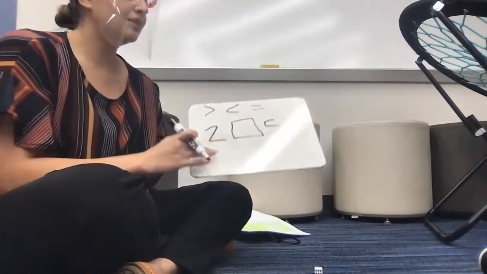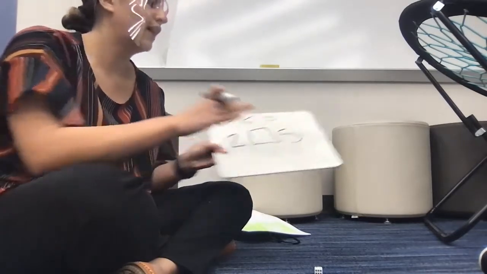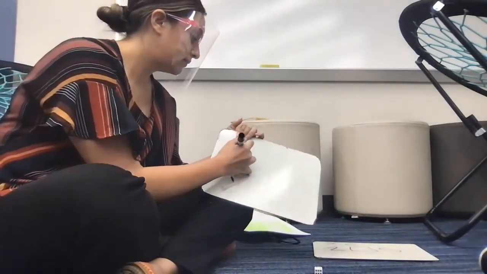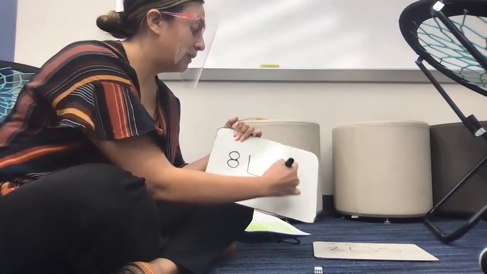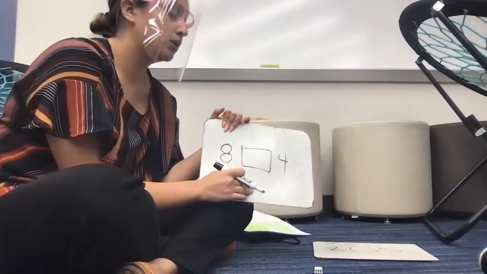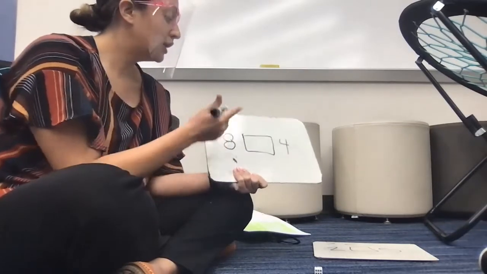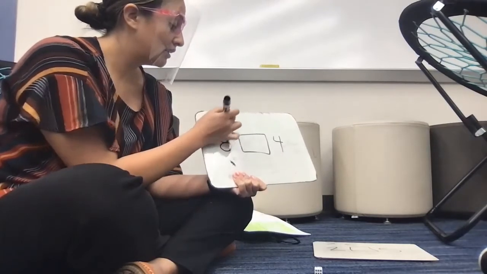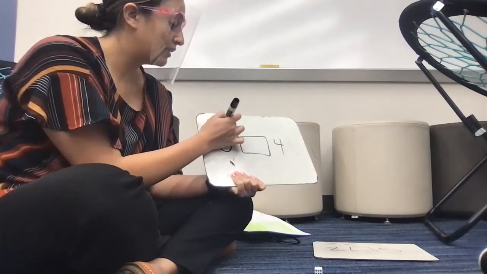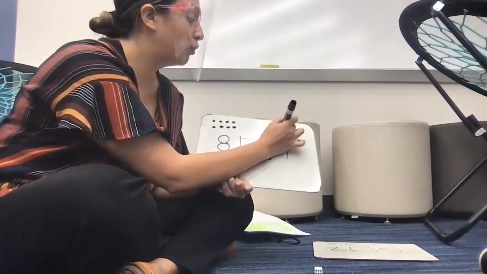Okay, so we're gonna put this aside because we're gonna come back to this to figure out if 2 is more than, less than, or equal to 5. But first, I want you to see this right here. I'm gonna have the numbers 8 and 4, and I'm gonna do the same thing that I did with our first numbers that I rolled. I'm going to put a box because we don't know if this one's more than, less than, or equal to 4. But what I'm going to do is I'm going to go ahead and come up here and draw 8 candies. Okay, so I can visualize the number 8. So right here I have 8 candies. And on top of the 4, I'm going to do 4 candies